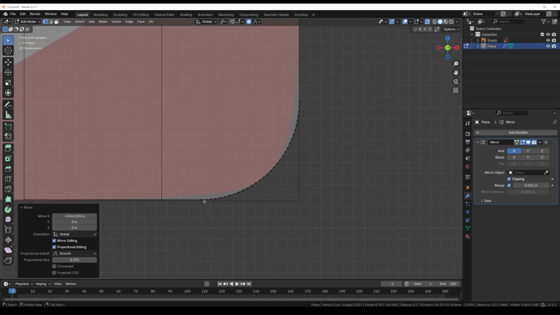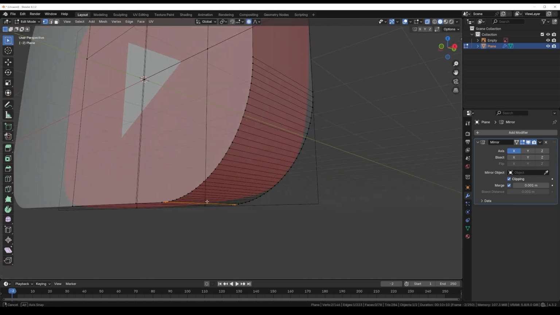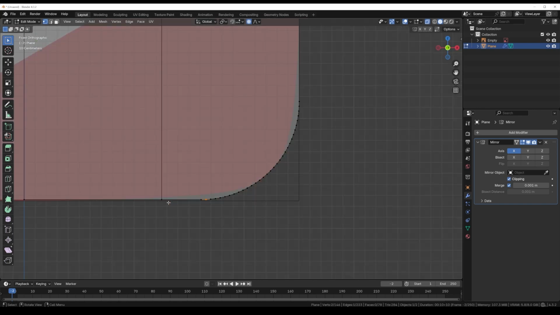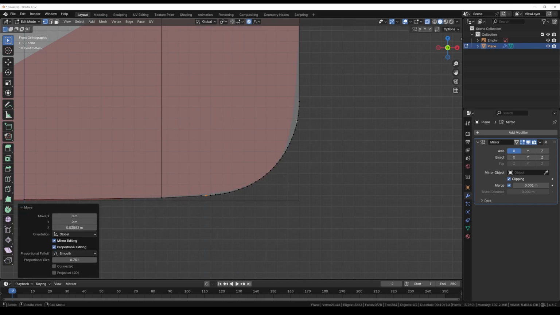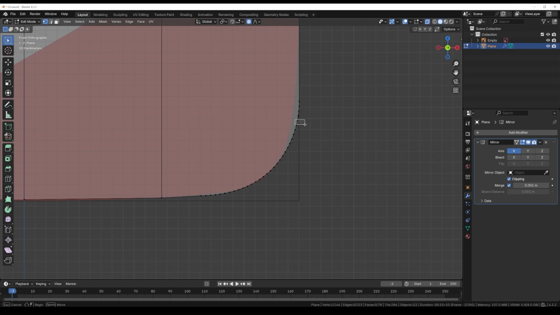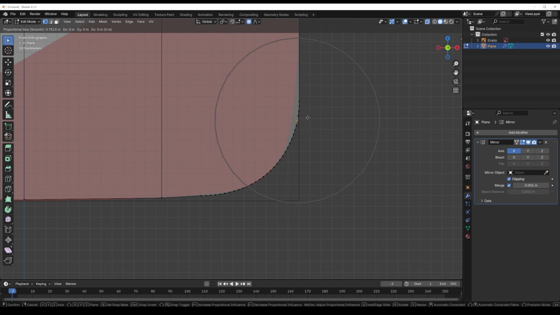And then we do the same at the bottom. Select that, box select that. So we've got both of them. It's very important: the front and the back one. And then G and then Z for the Z axis. And then we just move this up ever so slightly. And then select that one. And then G,